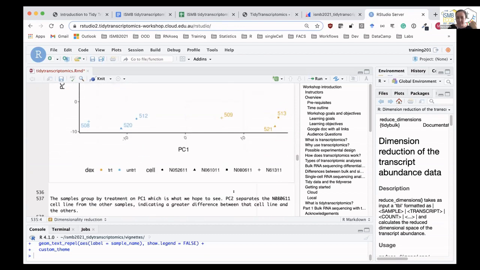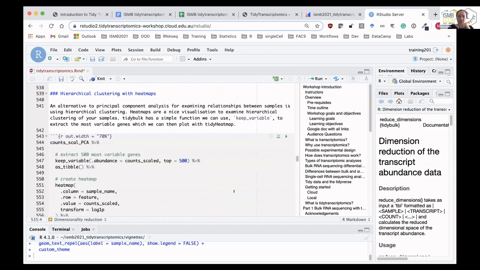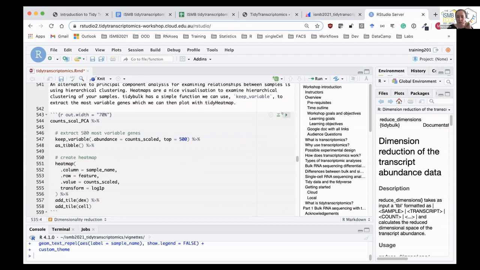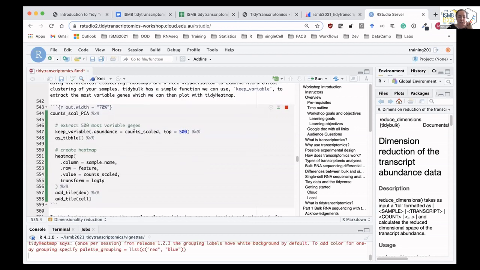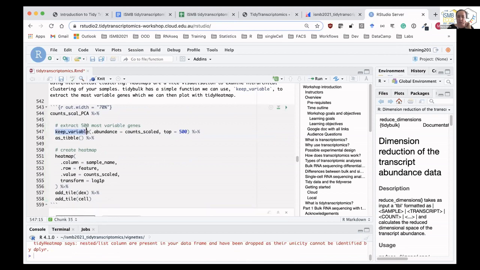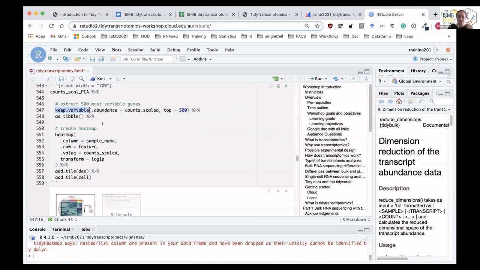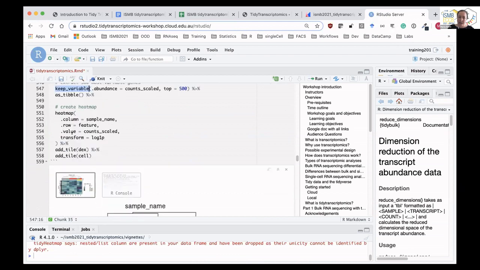Okay, and our alternative way to view the relationship between samples is hierarchical clustering. And we can do that nicely with these tidy packages as well. So I'll run this again and explain. So what we can do is take our counts. We can use this tidybulk function called keep variable to extract the 500 most variable genes. And we can then create a heat map using the tidyheatmap package and color by our different treatment and